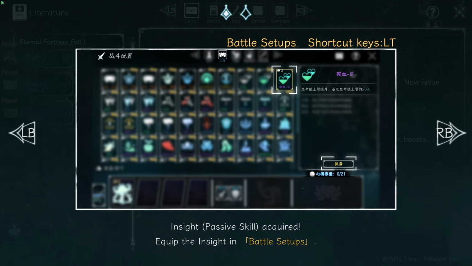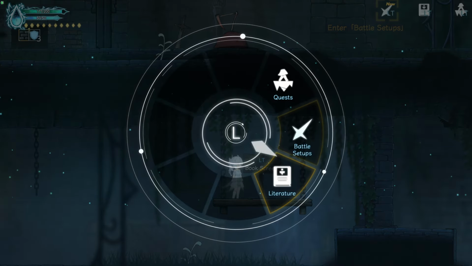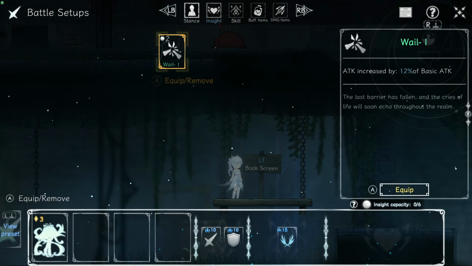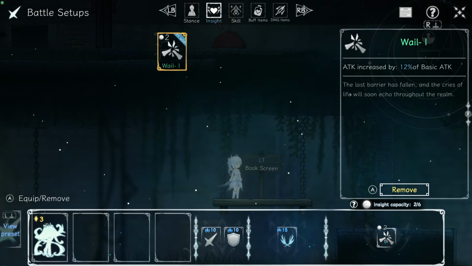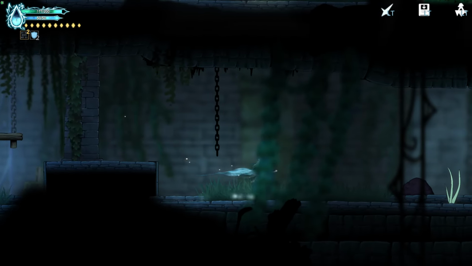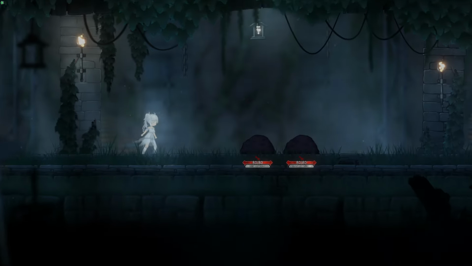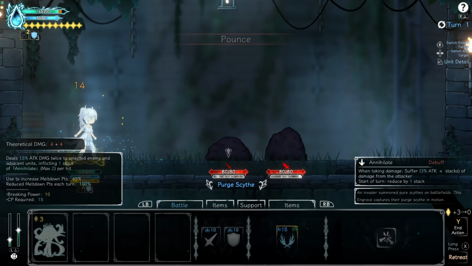Insight passive skill acquired. Equip the insight. So we'll be traveling to the battle setups probably pretty regularly, especially at this beginning phase. There we go. Insight capacity. Oh no, I didn't push attack, so I think I get a bit of a...